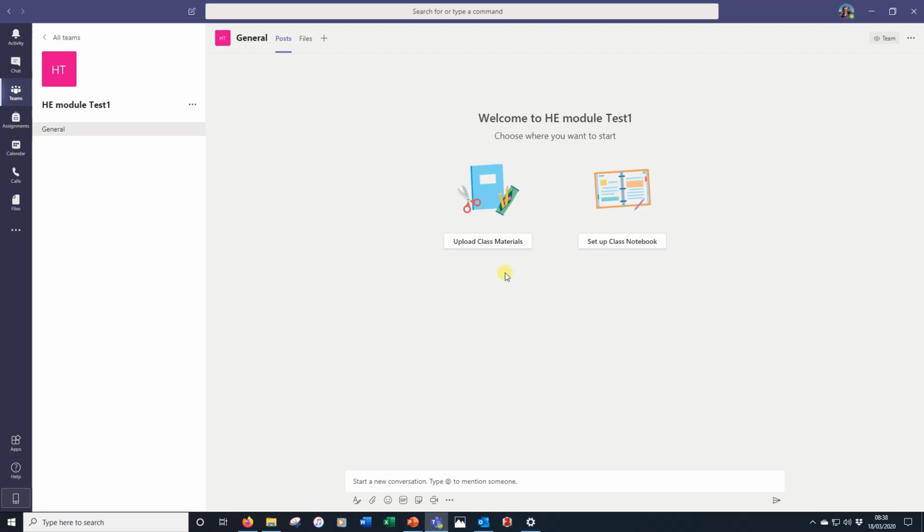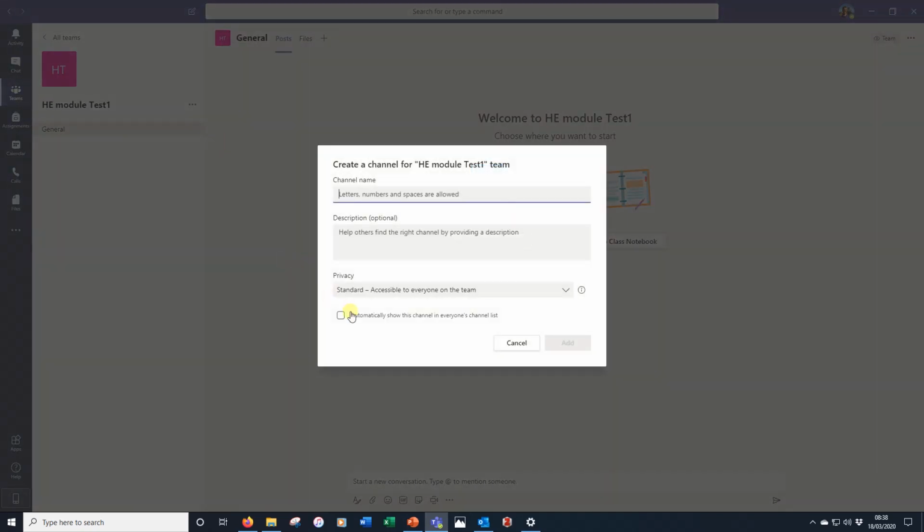So the last thing to show you is in the class I can actually have different subjects. So I can have a general feed, which is a bit like your general forum, I guess, but I can also add particular subjects. So these are called channels. So I'm going to add a channel, and I'm going to call this the module code. So I'm going to say